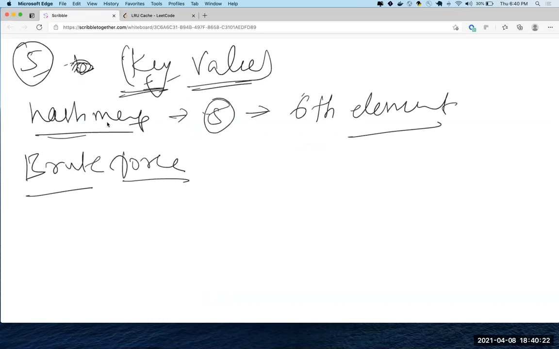Yeah, just thinking through it. I mean, we can start with the hash map and have the count as well along with the number.